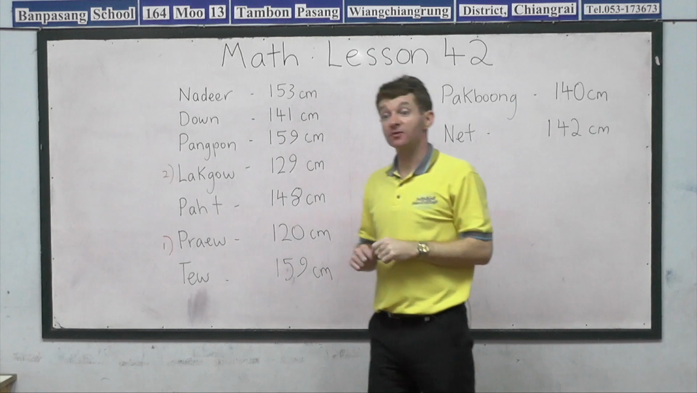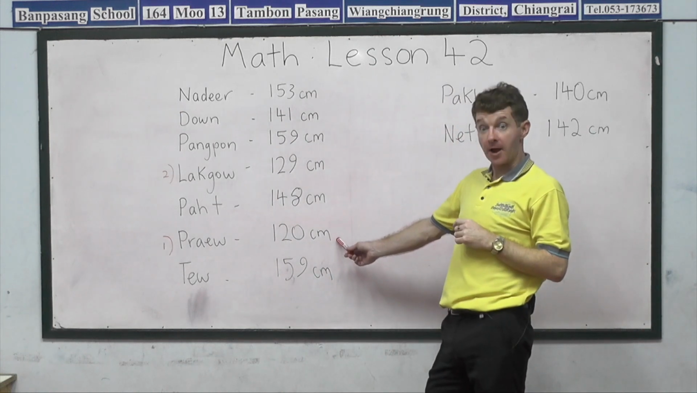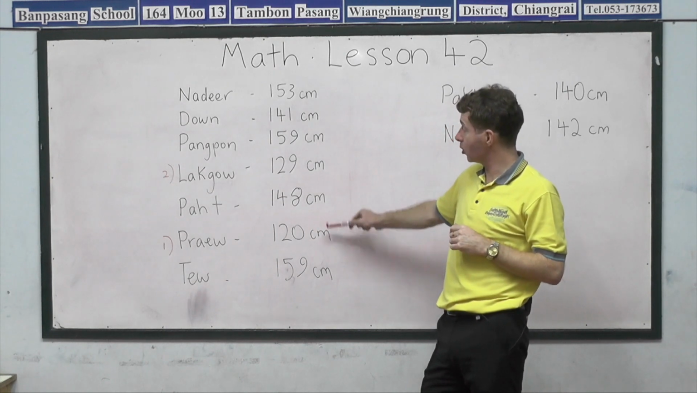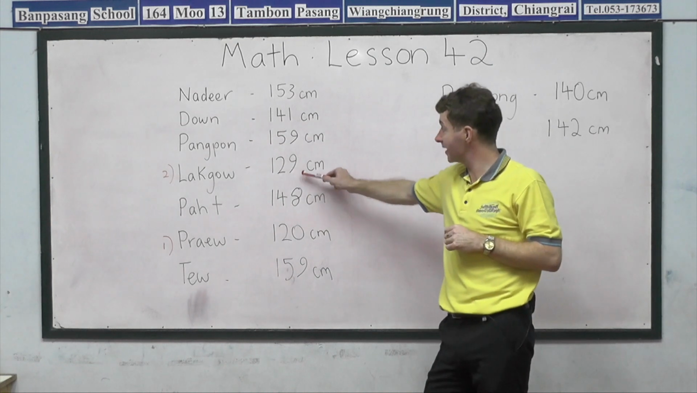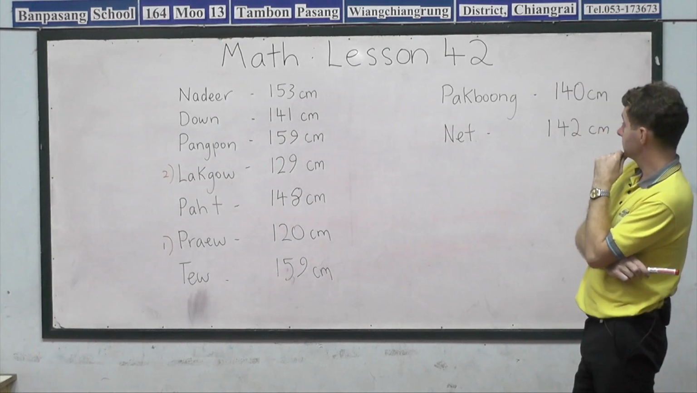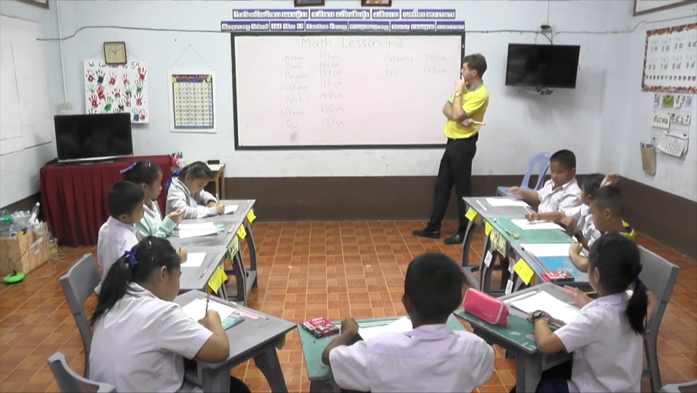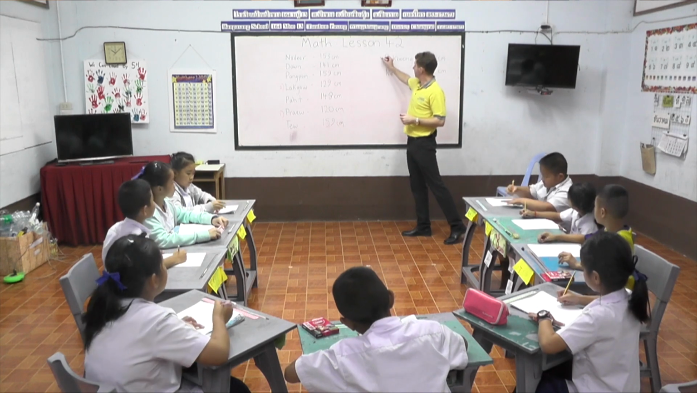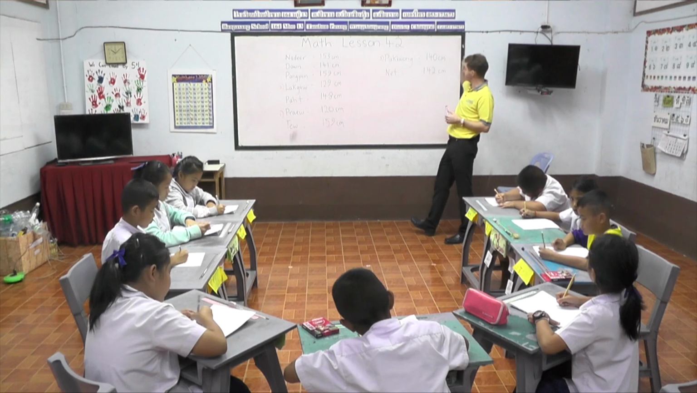Okay, guys, so let's see on our sheet, who has the shortest jump? Prel. And then 120 centimeters is shortest. We go to Lakau, 129 centimeters. After Lakau, how long? 140 centimeters. Okay, so we will say Lakau is third shortest. Then after 140 centimeters,